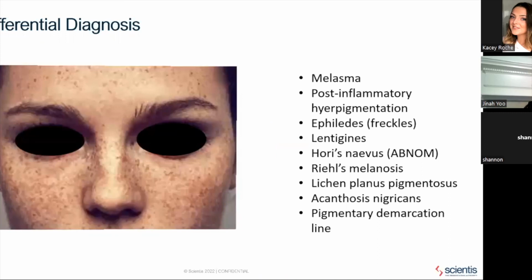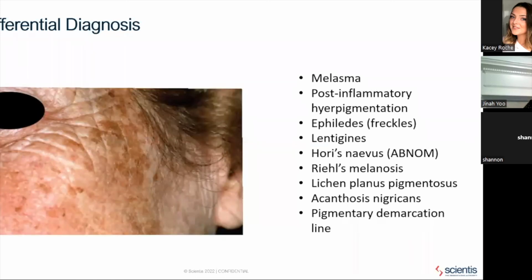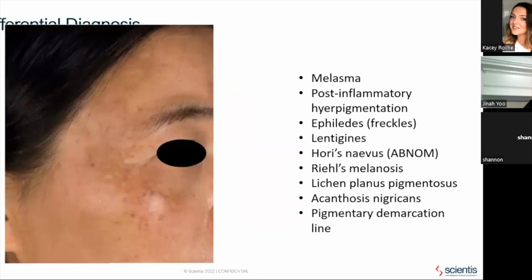And other differential diagnoses include freckles, which occur mainly as a child in paler skin, in Caucasian skin. And then also you can get lentigines, which occur with sun exposure or the aging process in Caucasian or East Asian skin. And then Hori's nevus, which is common in East Asian,